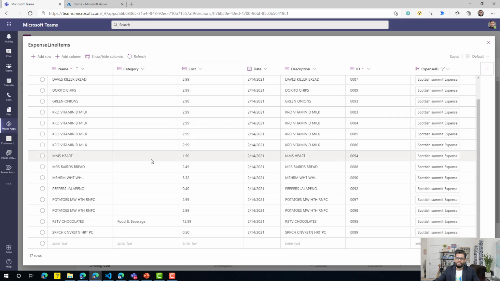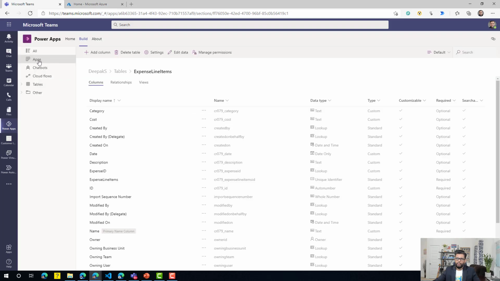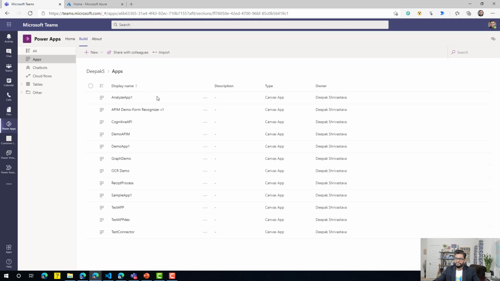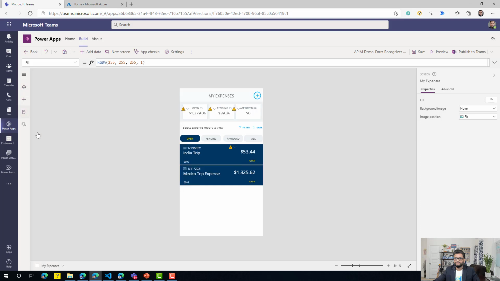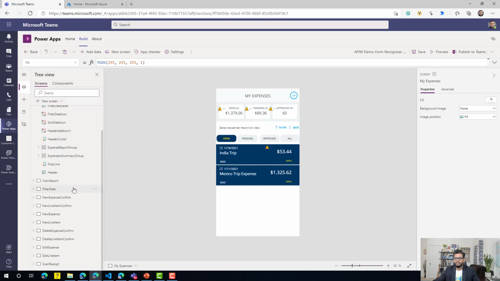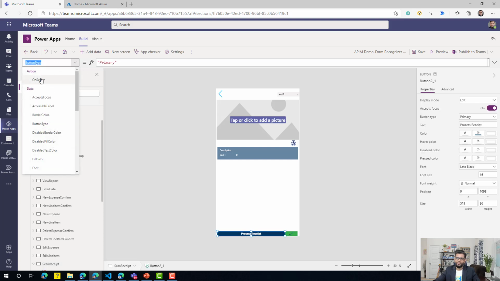And as you can see here, all the line items that we scanned from this receipt are already uploaded to this table. Let me go back to the app again. In this app, I will go to the scan receipt screen, because this is the screen where I was calling the cognitive API on this button click. So if I go to the OnSelect event of this button,